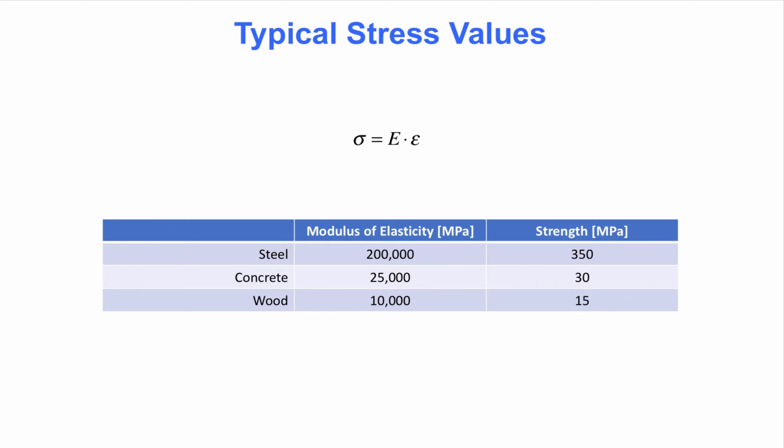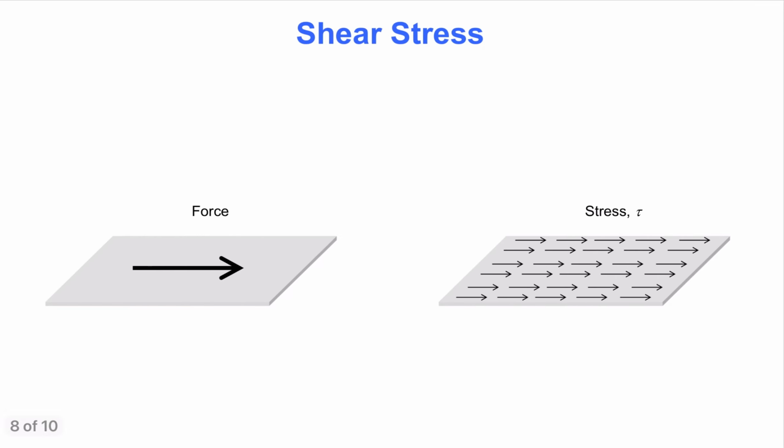The previous slides have focused on axial stress. This slide introduces shear stress. It is often denoted by the Greek symbol tau, although sigma is sometimes used for shear stress as well. You can see that the concept of shear stress is similar to that of axial stress. Both types of stresses can be interpreted as force spread over an area, but shear stresses are acting parallel with that area, while we saw that axial stresses act perpendicular to the area.